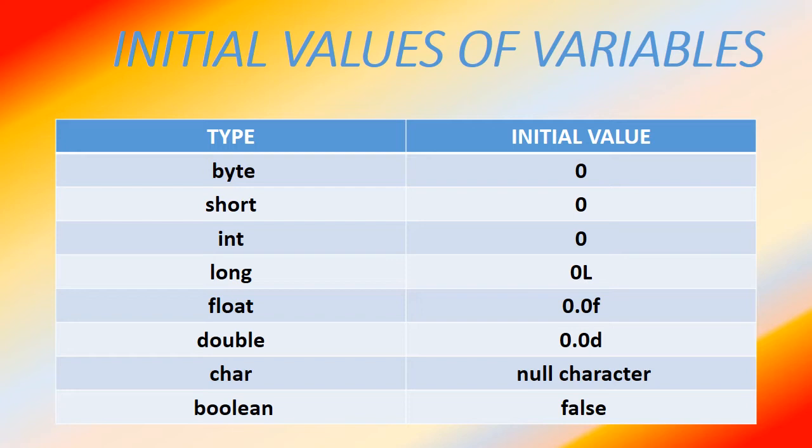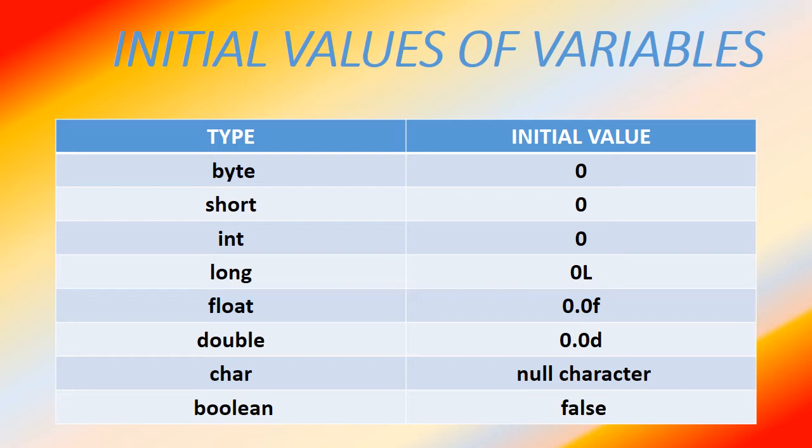D means it is of double type. You can see that 0.0 for float and 0.0 for double. But if I mention here, f means float and d for double. Char. If your variable is of char type, by default it will contain null character. Okay, no character. And boolean, if the variable is of boolean data type, by default its initial